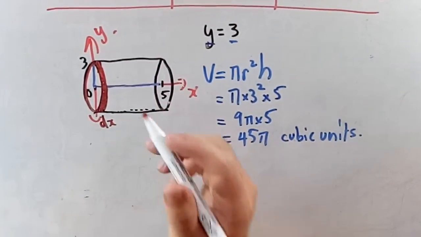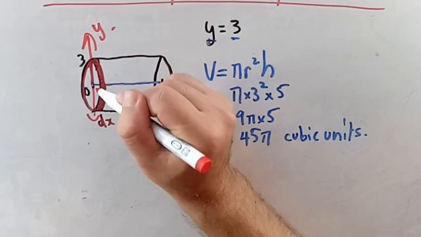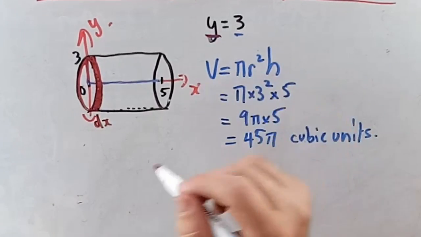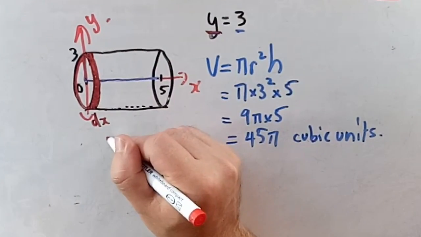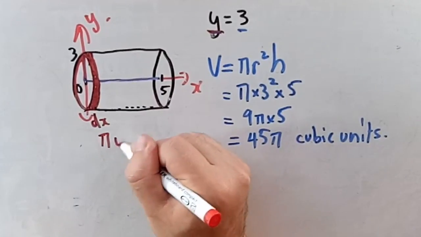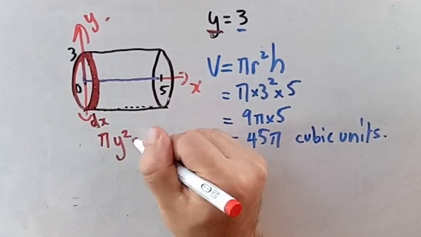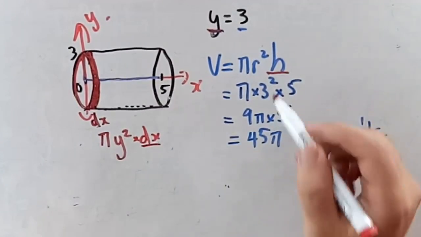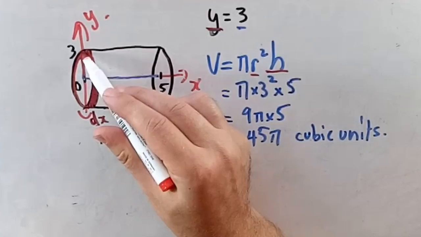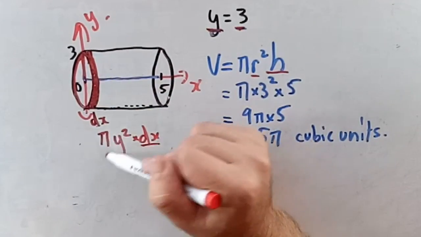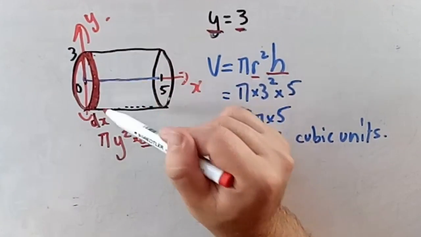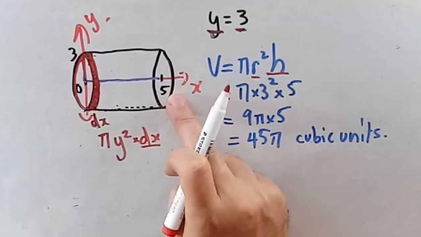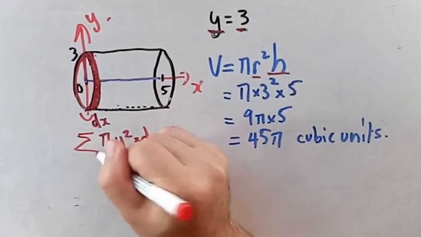So the volume of this little cylinder is going to be pi times r, which is our value of y. Okay, so we've got this little cylinder is just pi times y squared times dx. Okay, dx is like the height. Our radius is our y. Okay, and times by pi. So that's this little cylinder, and then we want to add them all up as from 0 to 5. So we're going to sum them